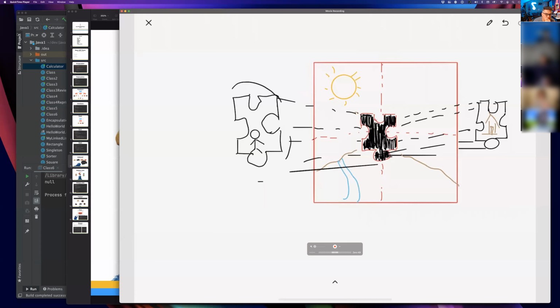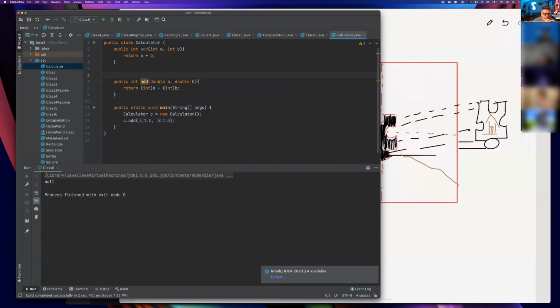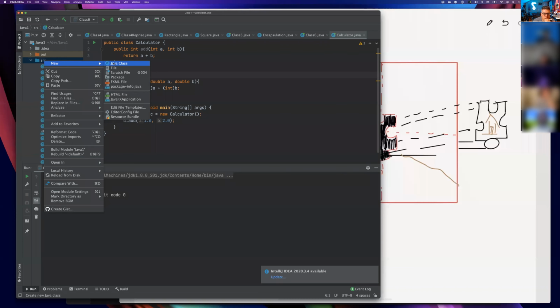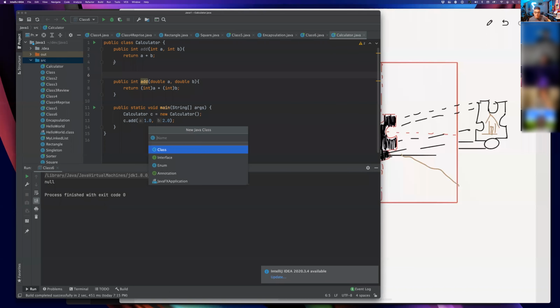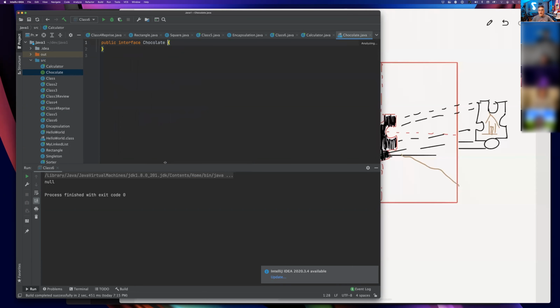So if we go to our IntelliJ and right click, we're going to do New Class. Since I just went to get a chocolate, we're going to say that Chocolate is the name of the class, and we're going to choose the interface. Why am I choosing chocolate other than the fact that I just had one? It's because chocolate, if you think about it,